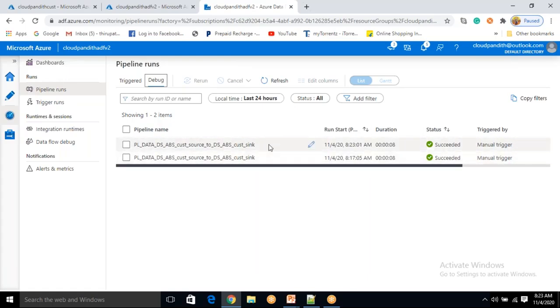So the only difference is that without publishing your changes, you can run your pipeline in debug mode. And the second thing is you can create a breakpoint when you want to test the pipeline. So same break